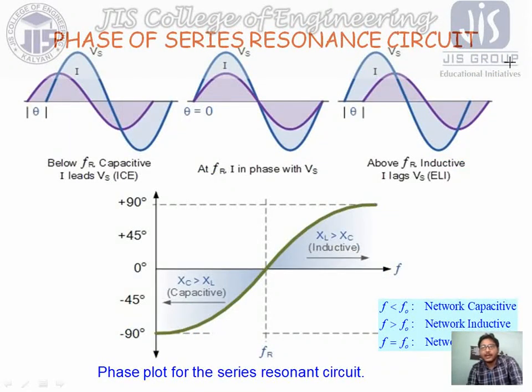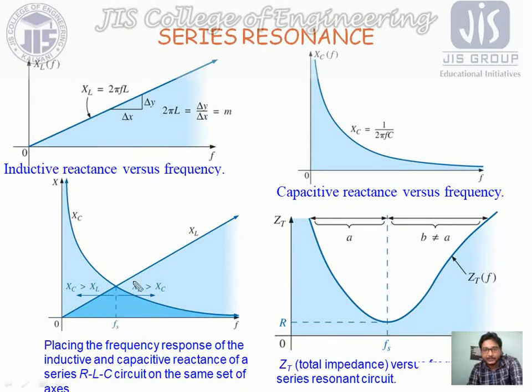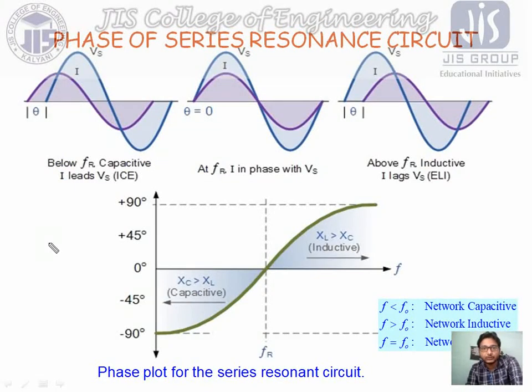Now as you have seen, before the resonance frequency the circuit will have the capacitive effect, and after the resonance frequency the circuit will have the inductive effect, as per the previous circuit that we have already seen. So if we want to make the phasor diagram for this, then obviously here the capacitive effect is more. It means, if we consider the current, the capacitor always tries to lead the current. Okay, so it means